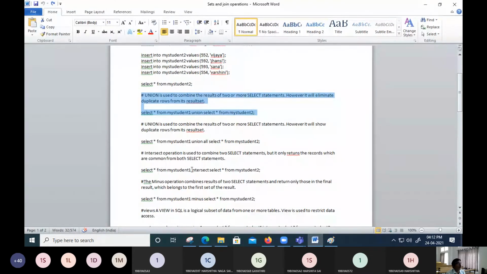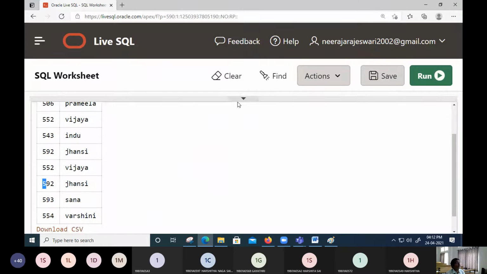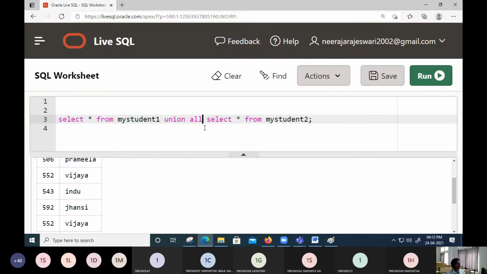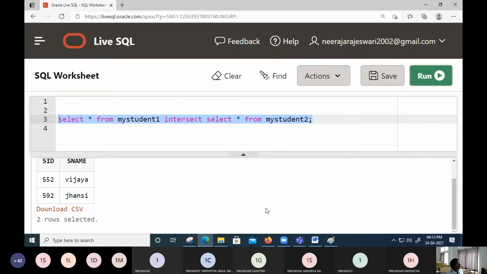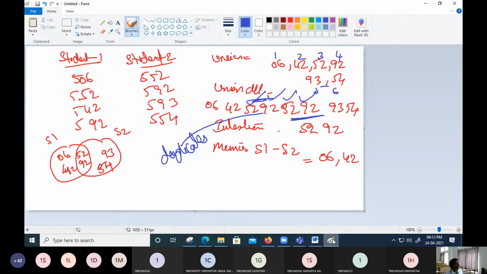Next, we should have a reserved word called intersect. Now we are going to use the third reserved word here in place of this, which is intersect. So now we choose this and we are going to execute the contents. What is the intersect operation? We should be getting only 52 and 92, right?